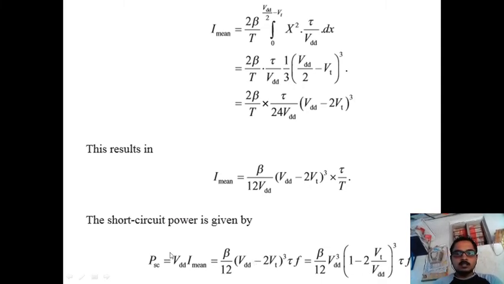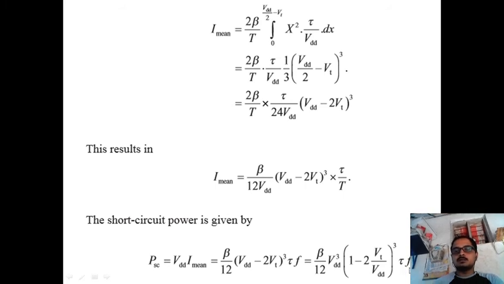You can clearly see that for this equation, when clock frequency decreases, the short circuit power also decreases. Then rise time and fall time decreases. This tau is nothing but rise time and fall time. When rise time and fall time decrease, the short circuit power decreases. Then when supply voltage VDD decreases, the short circuit power decreases. According to this equation, the short circuit power depends upon supply voltage, rise time, fall time